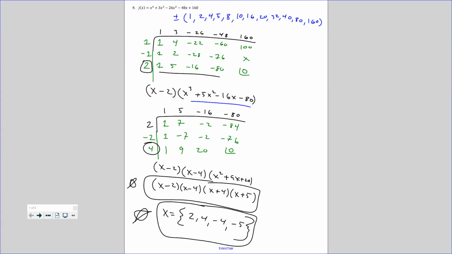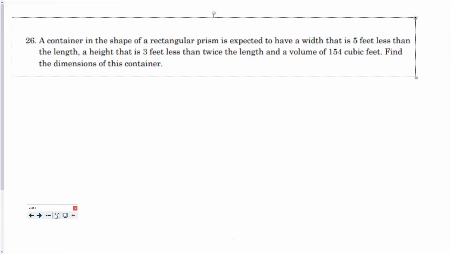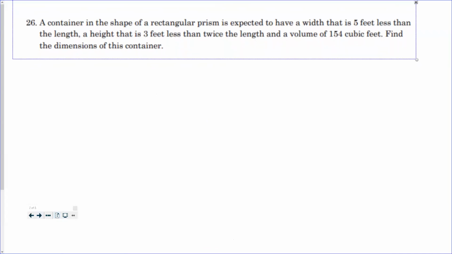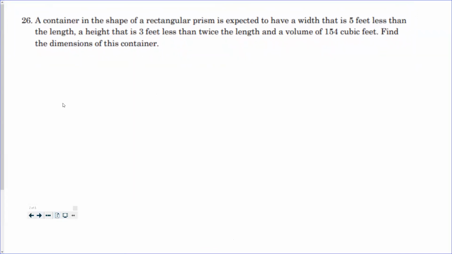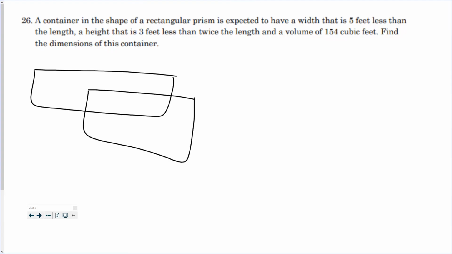All right. Let's go on to 26. So 26: a container in the shape of a rectangular prism is expected to have a width that is 5 feet less than the length, a height that's 3 feet less than twice the length, and a volume of 154 cubic feet. We want to find the dimensions of this container. So if you were to draw a picture to kind of visualize what's happening,